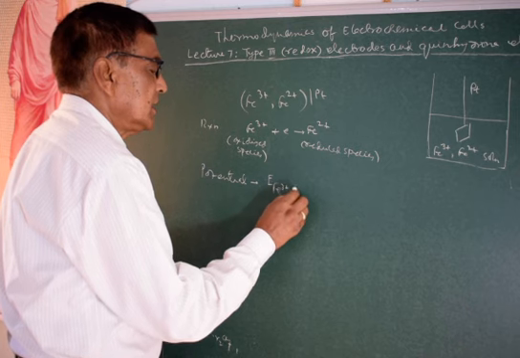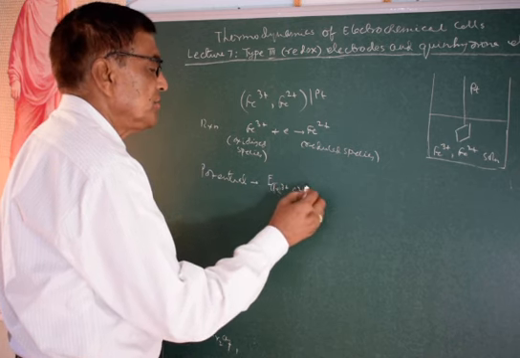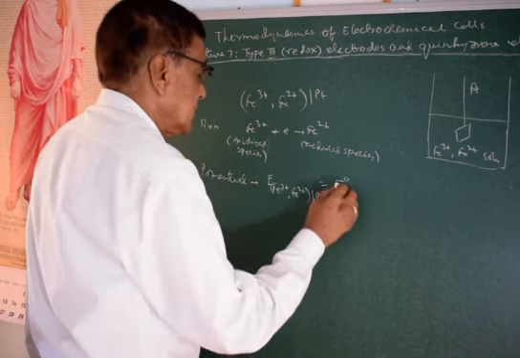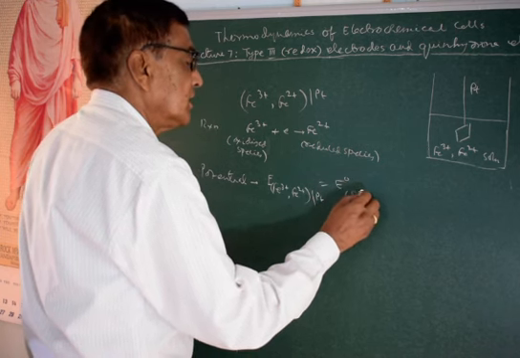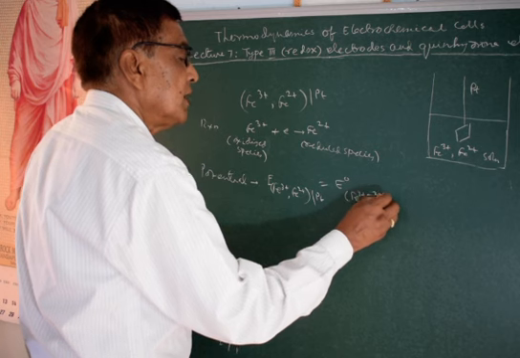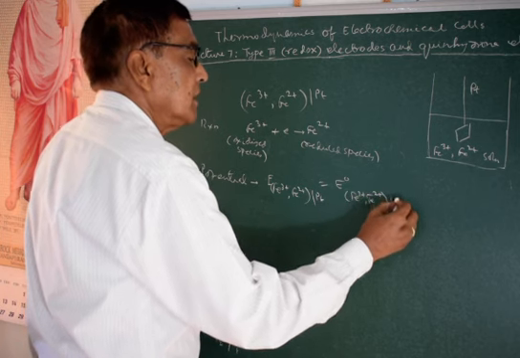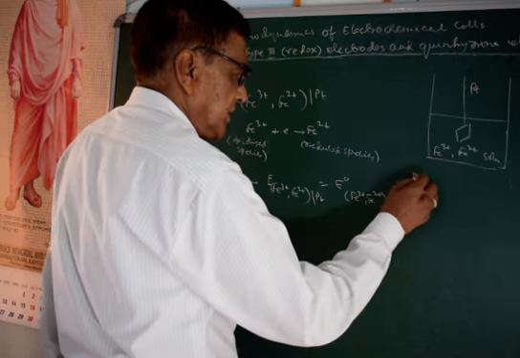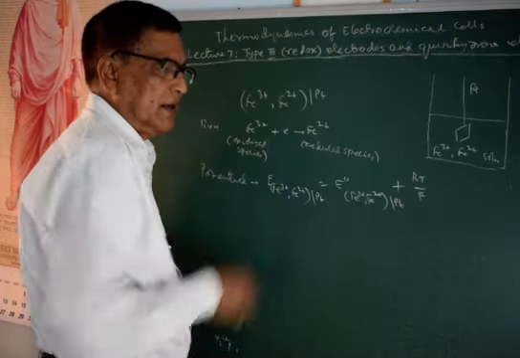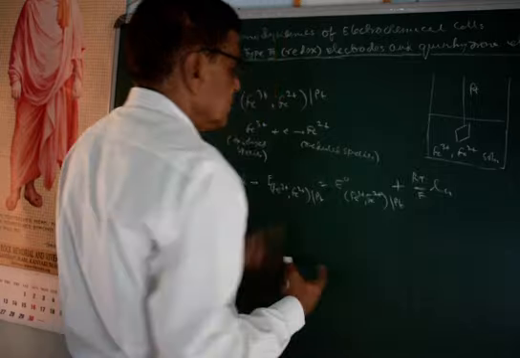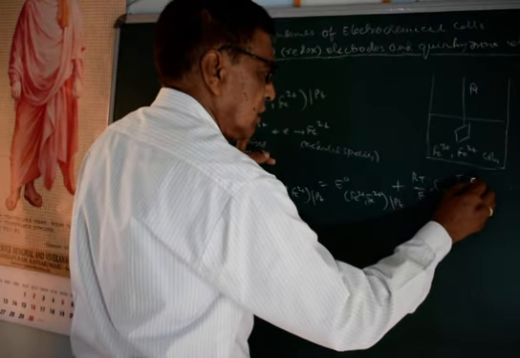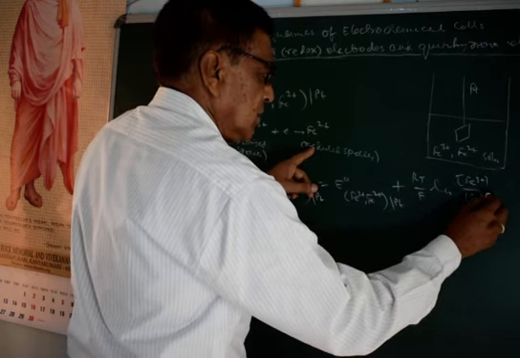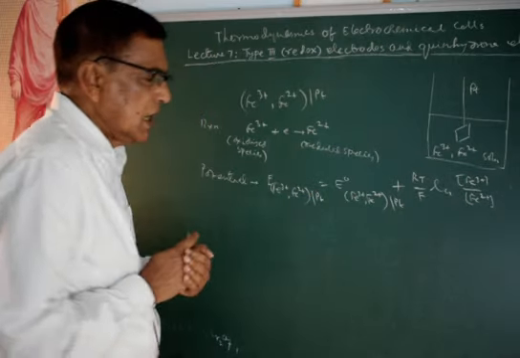Fe3+, Fe2+ are in solution, and here the platinum electrode potential equals E naught, the standard value, plus RT by nF, with n equal to 1, times ln of the oxidized species, here the concentration of Fe3+, and the reduced species, Fe2+. And this value